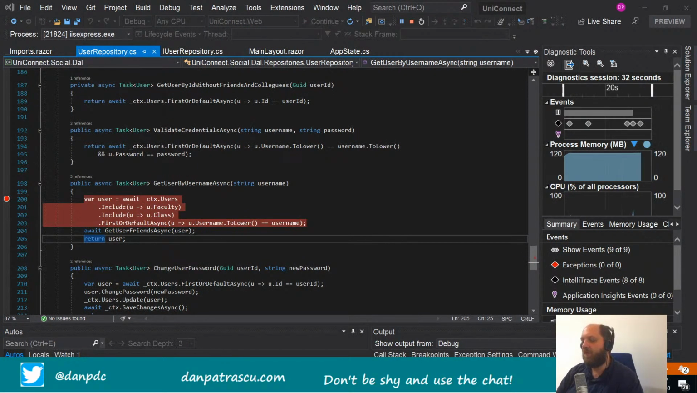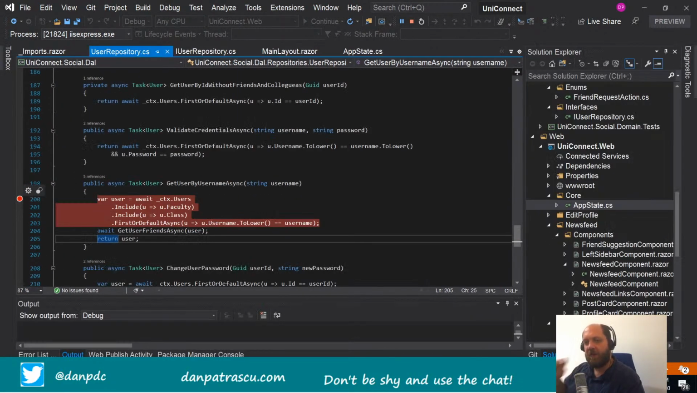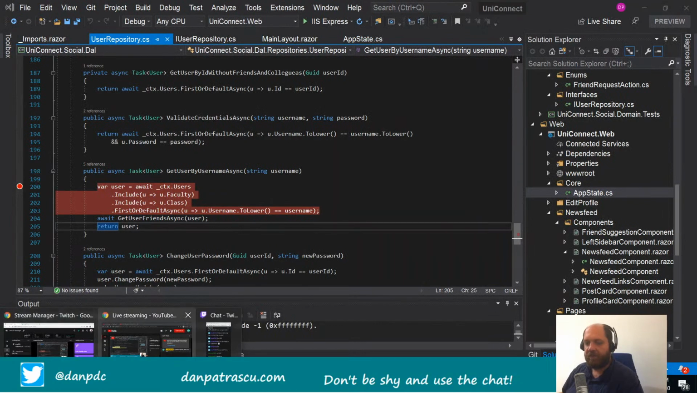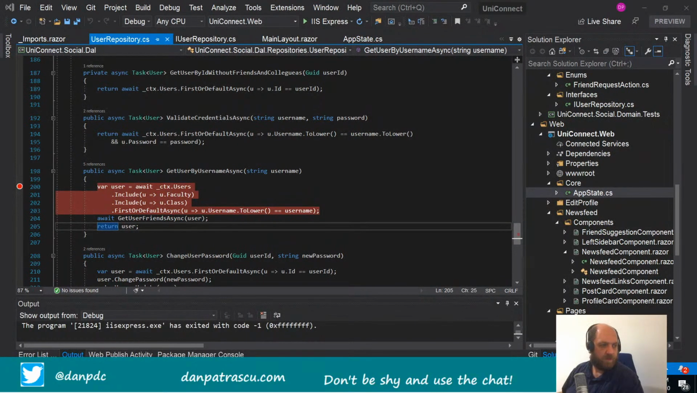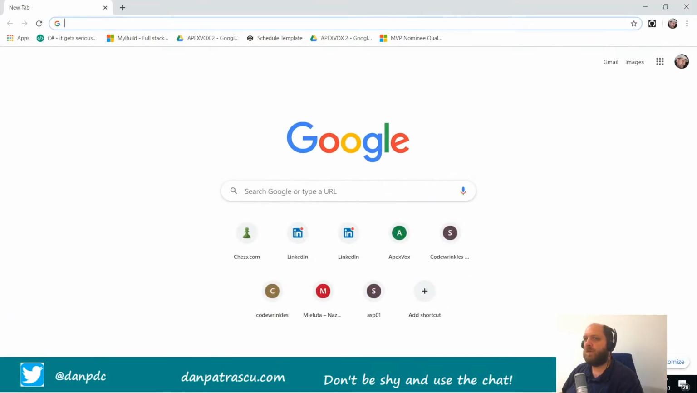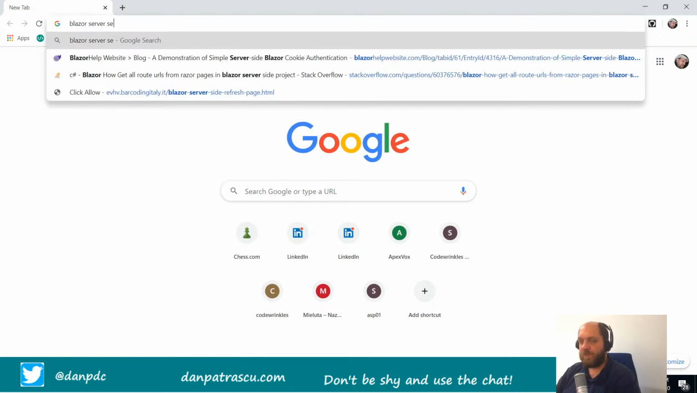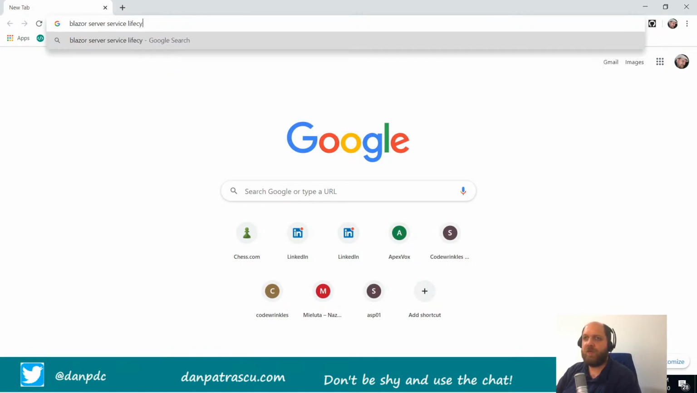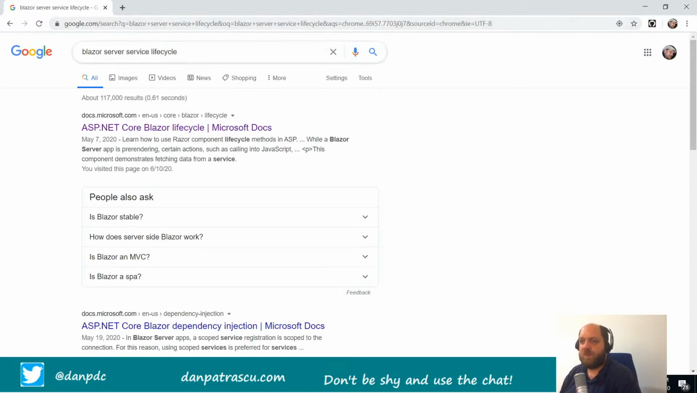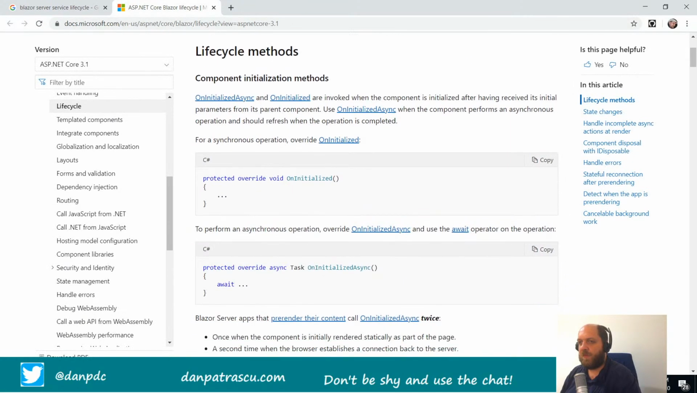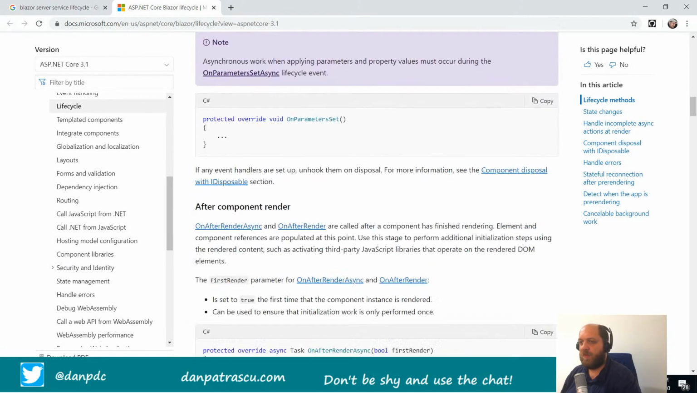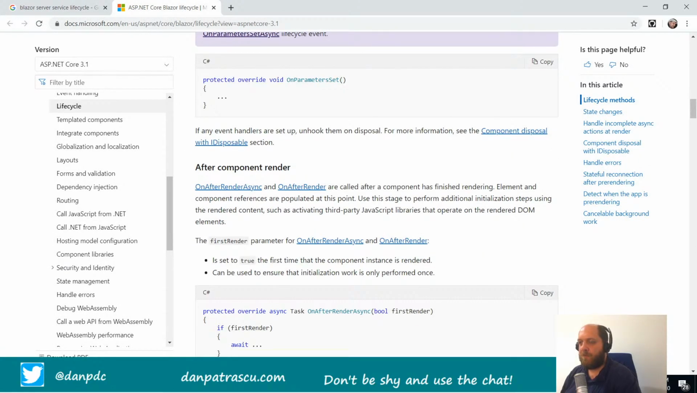I don't know, should we maybe have a problem with the service lifetimes in Blazor applications? Should that maybe be the case? Let me, I don't know. Blazor server service life cycle. But that's the Blazor lifecycle. That doesn't really help me at all. Yeah, these are the lifecycle methods for Blazor. That's actually not what I